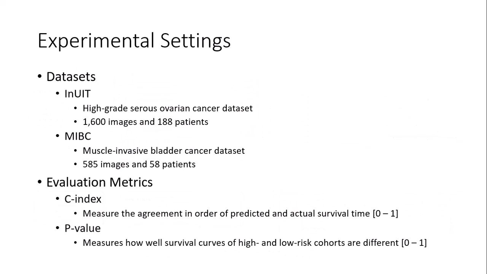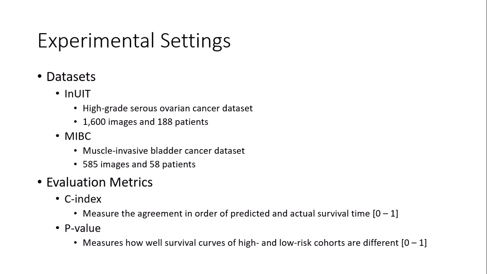In this study, we have used two different datasets. The first one is INEUT, which is a high-grade serous ovarian cancer dataset, which is the most aggressive subtype of ovarian cancer. This dataset includes 1,600 images across 188 patients, which is going to be released with this paper for more research. MIBC is the second dataset that we used, and it's a muscle-invasive bladder cancer dataset, which contains 585